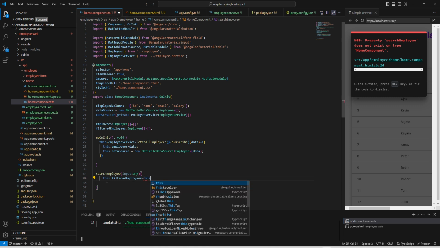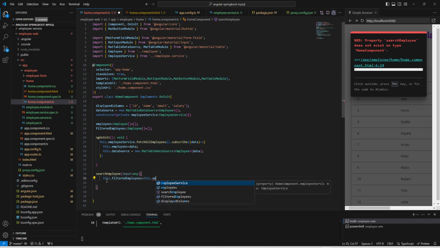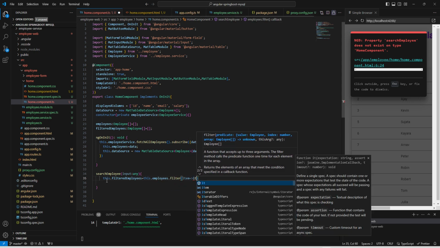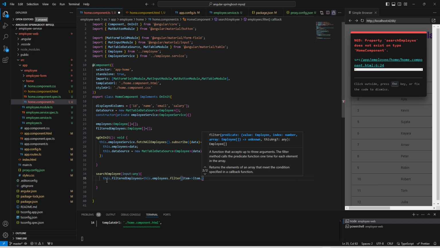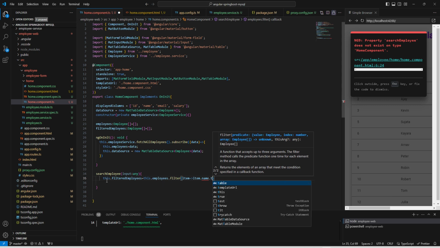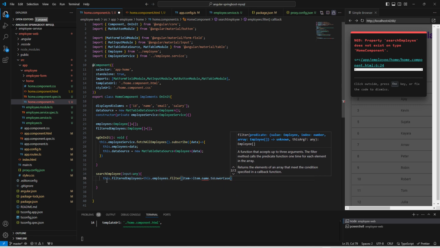Now we need to filter on the original list which is employees, and here we can call the filter method on that, and for each item inside this we can call item.name.toLowerCase().includes